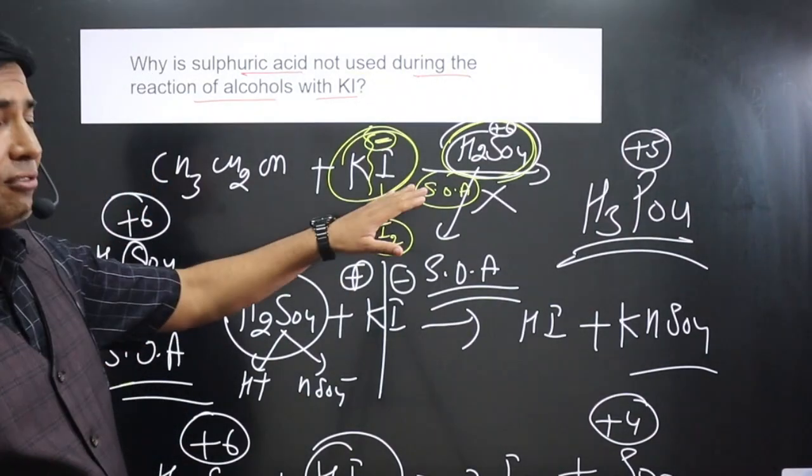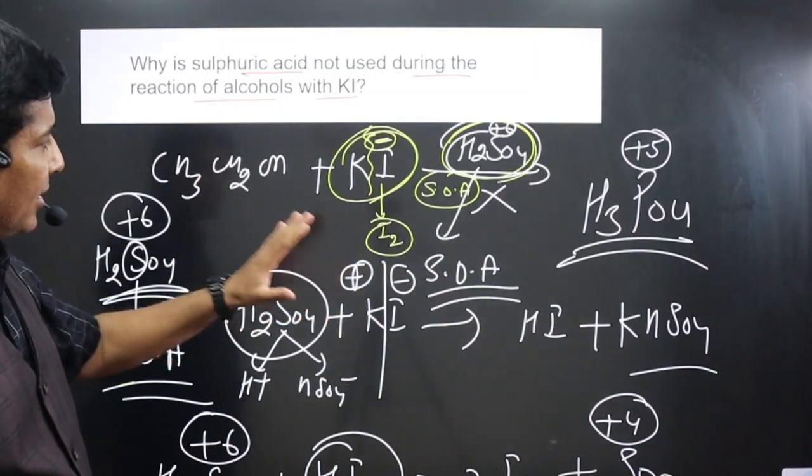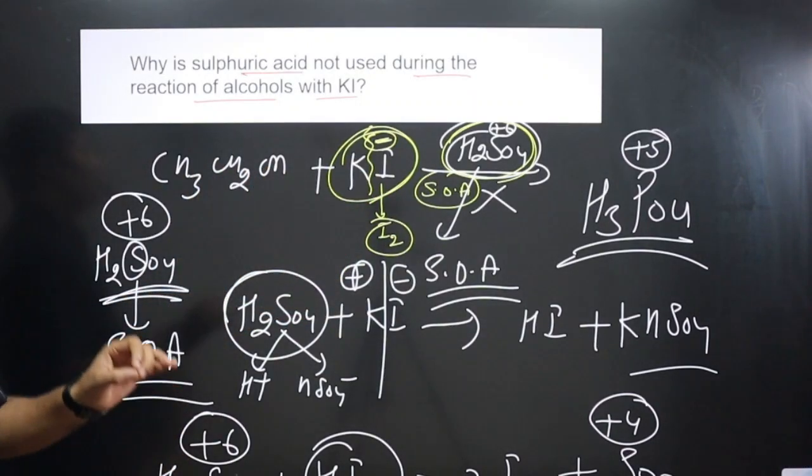So instead of using the strongest oxidizing agent, we use a mild oxidizing agent to carry out this chemical reaction for the formation of